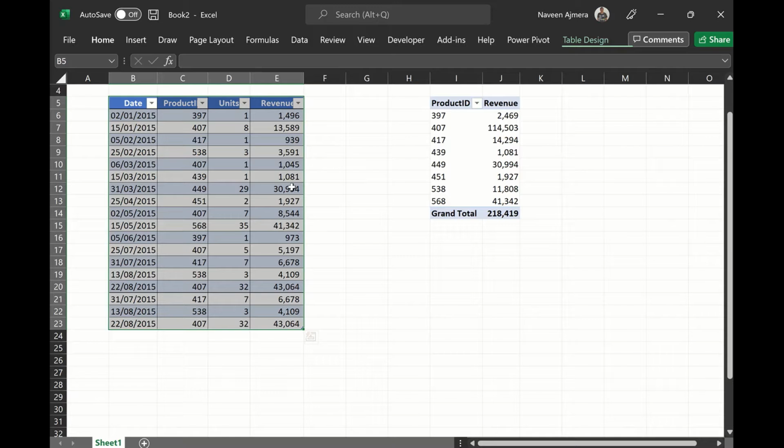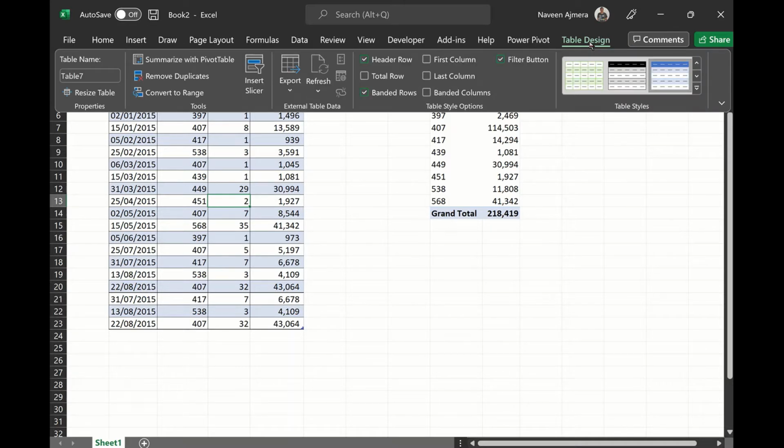But what is the other indication whether this is a table? When you click on any of the cells and look at the ribbon, you will find a table design button. And when you click on table design, you will find various options relating to the table. You can format this again, or you have different styles available there. You can unselect the filter button not to have the filter button, and total rows, so it will simply add the total rows there. You can also have the insert slicer option, which is a nice option when you do your reporting in Excel. But the most important part is the table name.